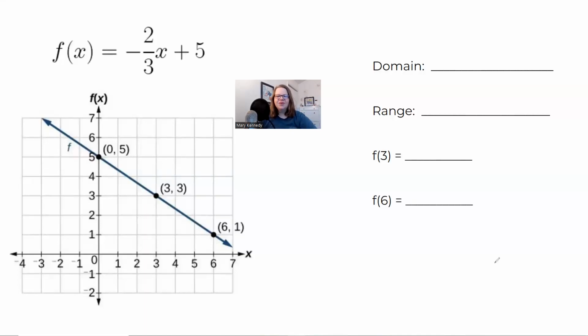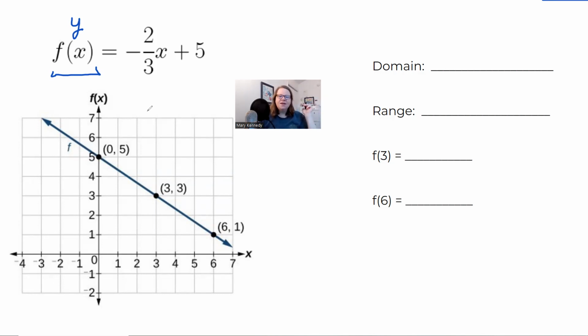Hey guys, let's take a look at this problem where we are looking at a function. It's got that f of x thing in the front, and I know sometimes that can look a little unusual. So this is using a couple of things that are important. One is this notation, function notation. It's called f of x, which is the same as y. In other words, it can be written as y equals,